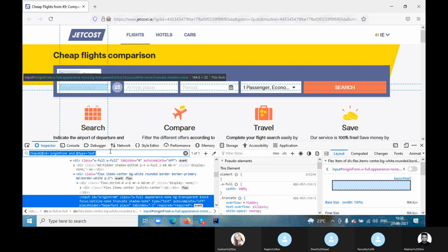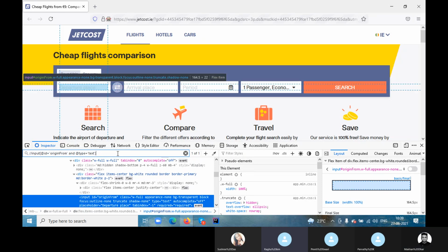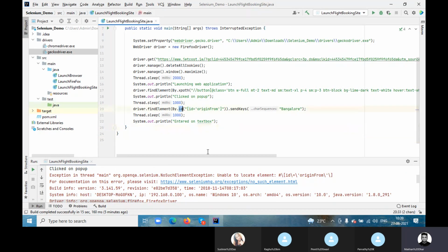Okay, let me copy this. I suggest taking that placeholder. It's the departure place they mentioned for this particular field. It is one of one, so no issue, I think. Okay, we can use this. Let's check. So what I did, instead of ID, I would say XPath.